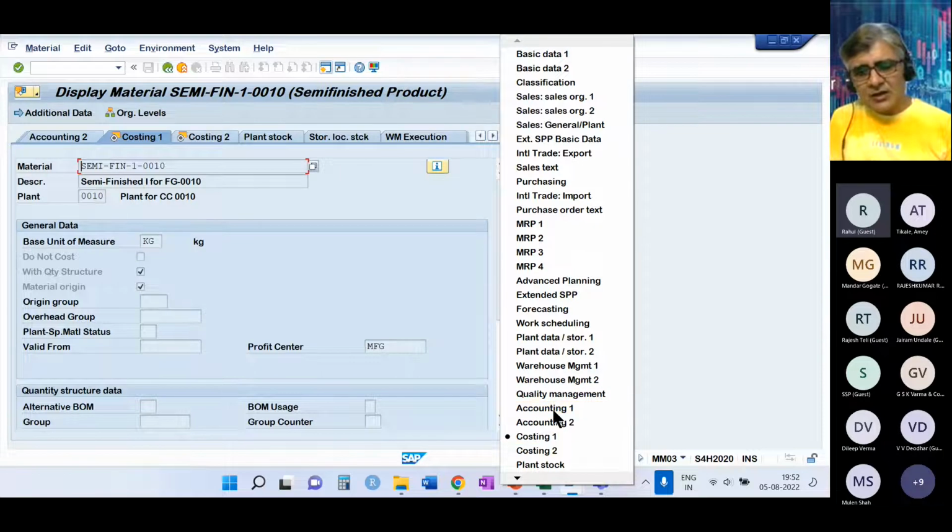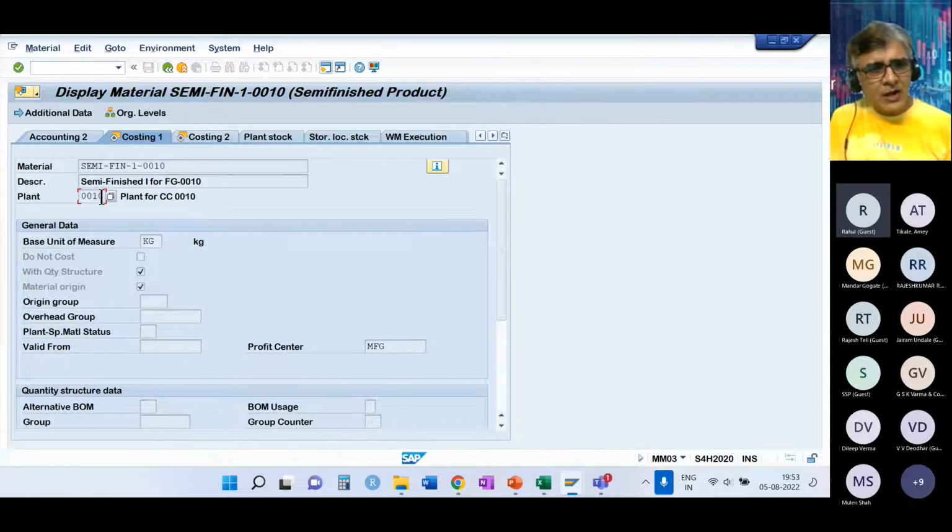And then finally, there are 4 views for us as finance professionals. The basic data is across your client. It has the basic information about the finished product, and you can then extend it to any plant. So this material will be unique for a plant. Every plant will have its own set of material. If you have one product that you're producing in 2 plants, then you'll have to create that finished good in both plants. This is how plant and material get related.